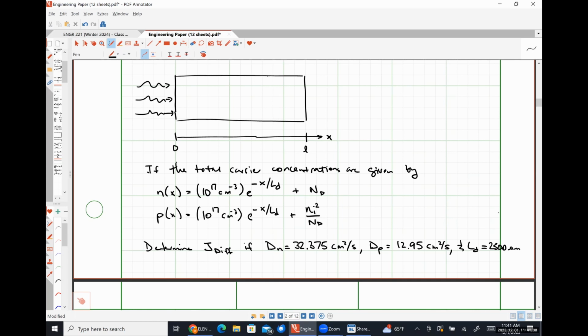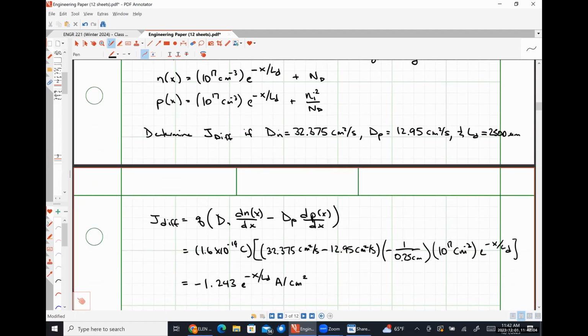So positive conventional current is always opposite electron flow. But our net current in this system could have been positive if our hole diffusion coefficient were larger than our electron diffusion coefficient. Because then, this term minus this term would have been negative, multiplied by this negative term right here, giving us a positive result overall. So what you had suggested, that it's just opposite electrons, is true, but it's really only true for